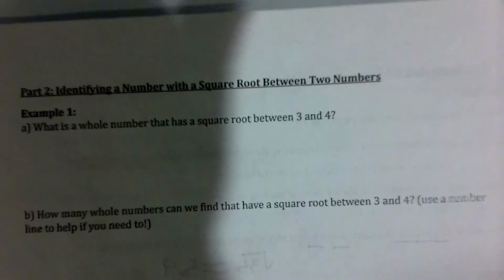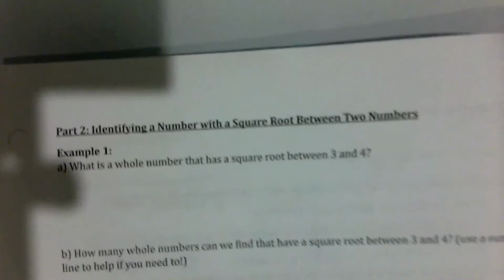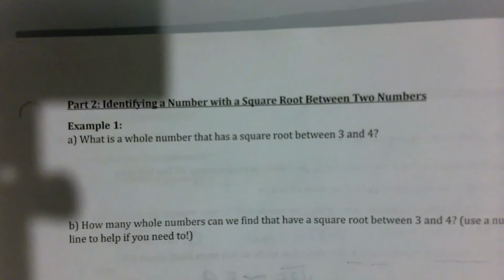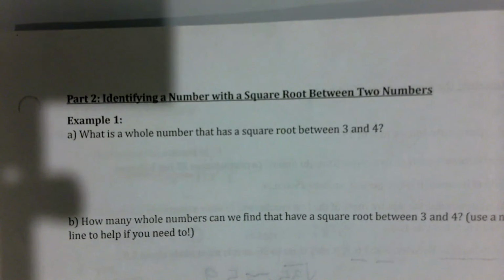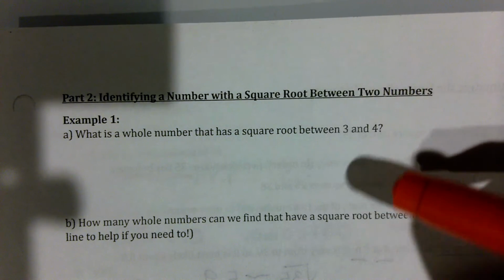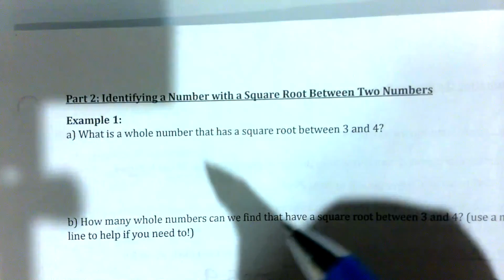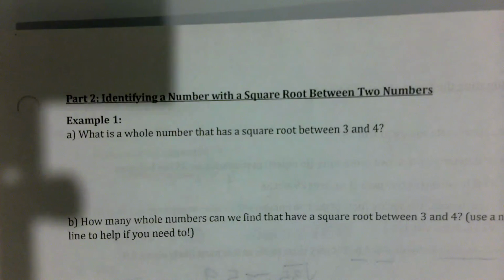What is a whole number that has a square root between 3 and 4? So this time, I'm not giving you the perfect square. I'm giving you a whole number that has a square root between 3 and 4. So I'm going to draw myself a number line on page 10. What I am doing at the top of this